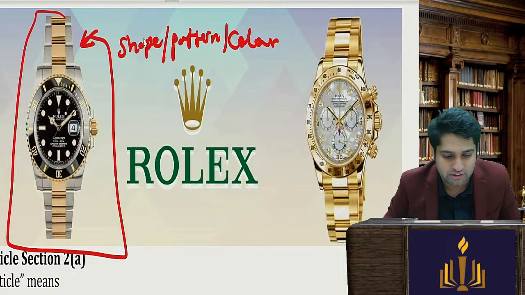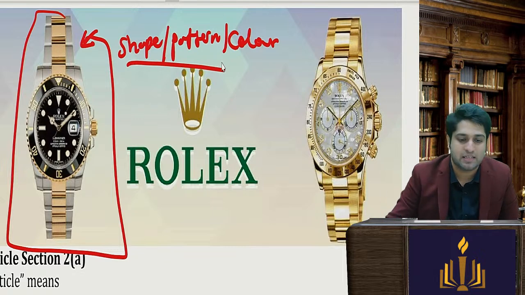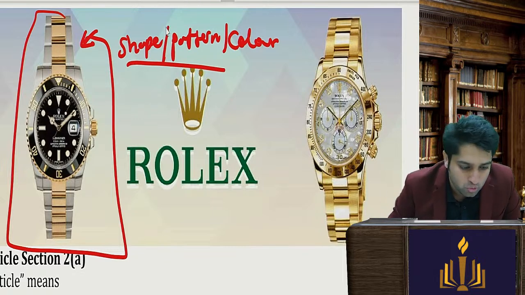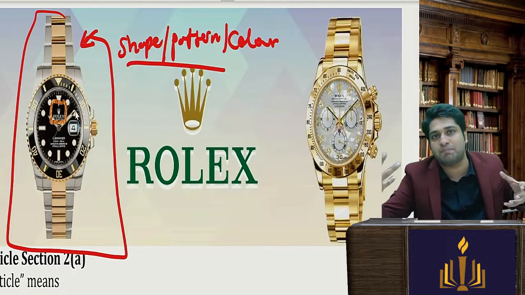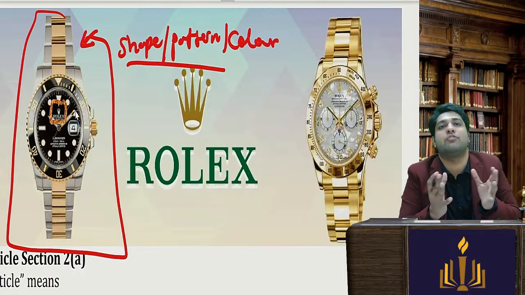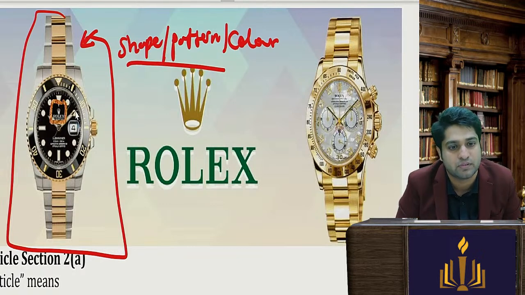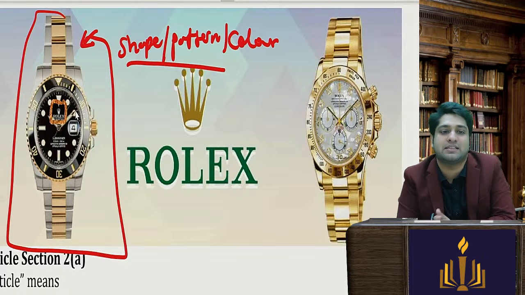Now the question is, the shape is there and the logo is applied here. So can I say in the Designs Act we are registering the shape, pattern, configuration of the product